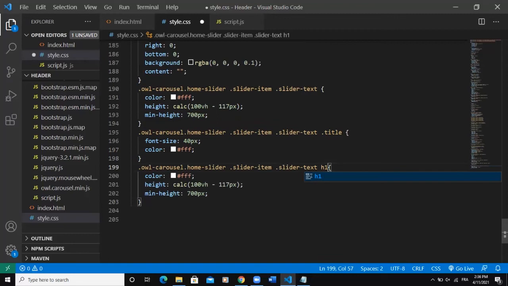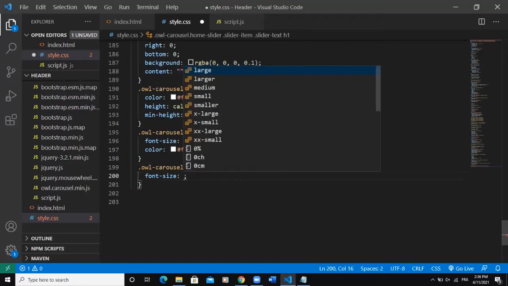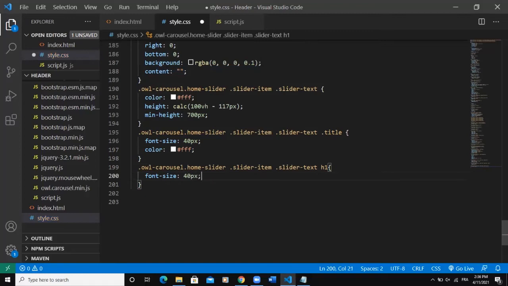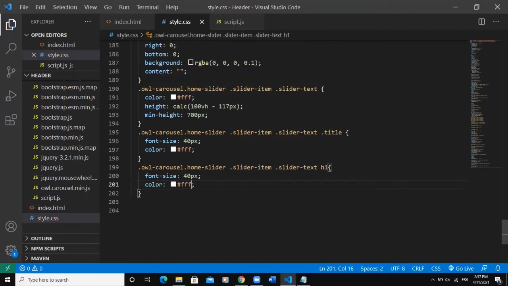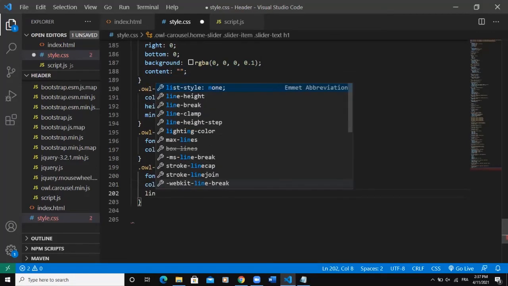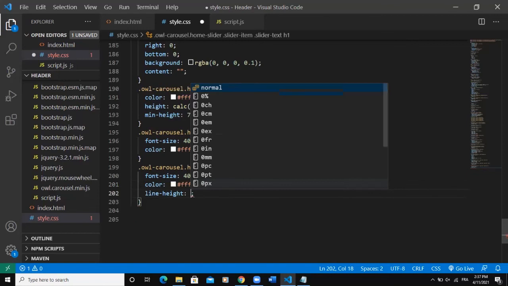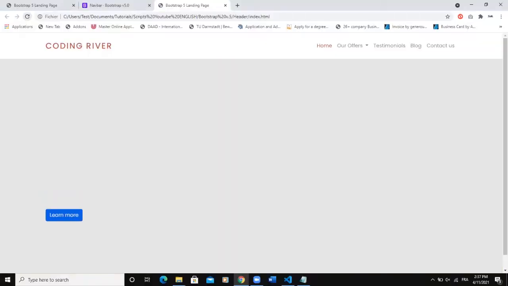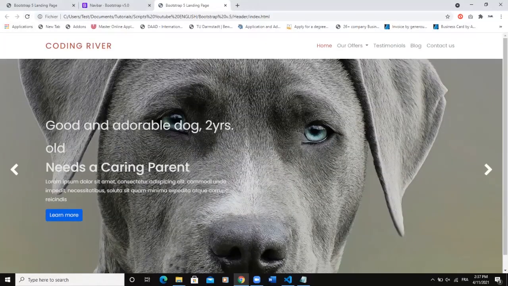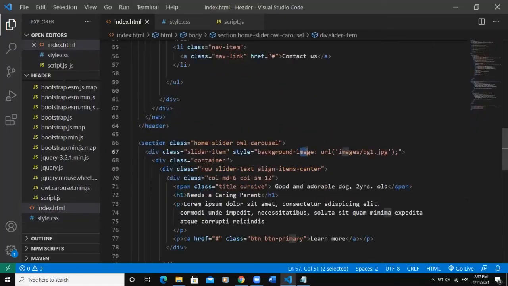Okay, so I'm going to do the same thing for the tag h1. So up here I'm going to say h1. We'll remove this. So I'm going to say font size, that will be 40 pixels as well. The color will be white. And as for the line height, do I actually need the line height? Let me simply say it like this. I remove. No. Let me go back to my